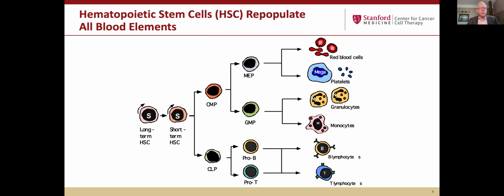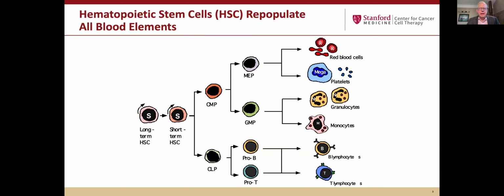The story of cell therapy really begins with hematopoietic stem cell transplantation. And in this, the hematopoietic stem cells here on the far left are able to pluripotently turn into every blood element that you're familiar with: the red cells, the white cells, the platelets, and in those white cells, the granulocytes, the lymphocytes, and more importantly, the B cells and the T cells. And so many of you have heard about bone marrow transplant. It's kind of an anachronistic term at this point, as cell therapies have advanced into many other specialized treatments, but